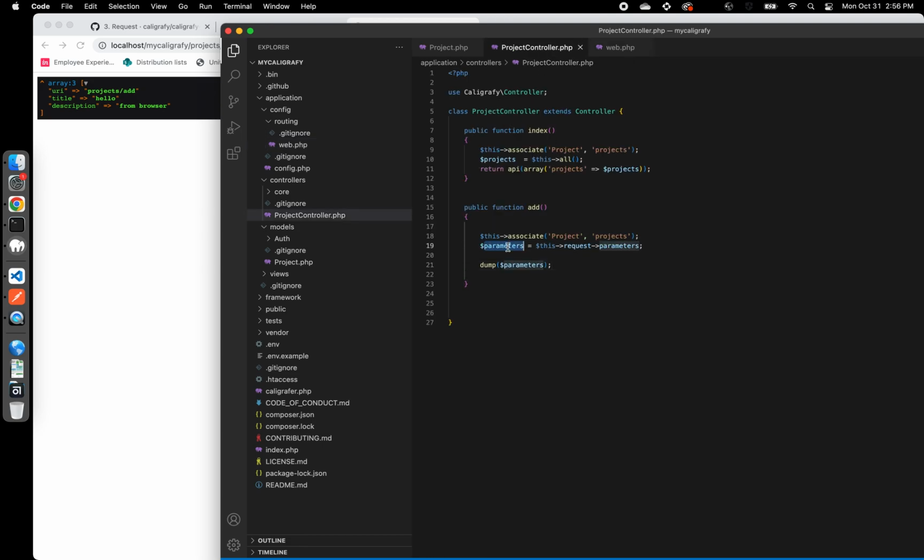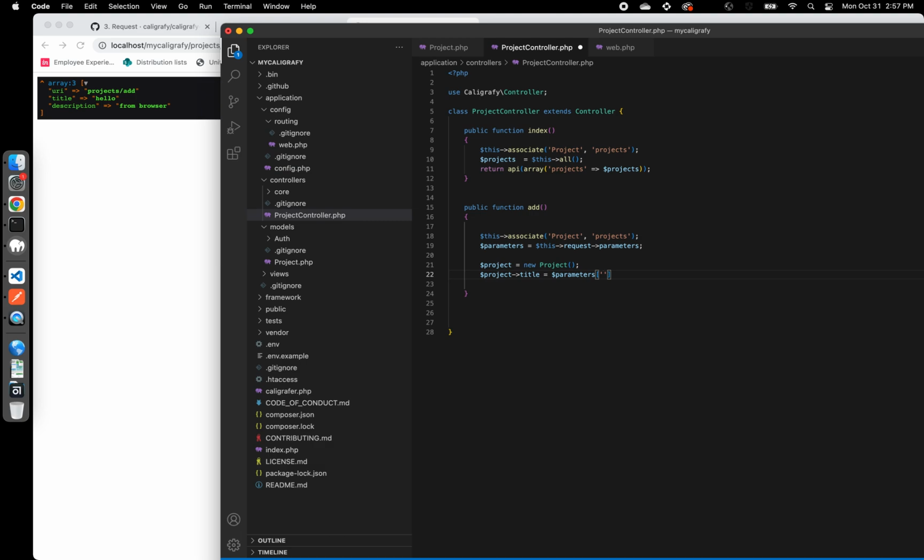The code basically is getting me the parameters that I want. All right. So I have the list of parameters based on this. So now all I have to do is create a new object. I'm going to call it project. Why? Because it doesn't exist. Right. And we want to create this new project over here. And what I am going to do is set the title of this project to what comes from the parameters,